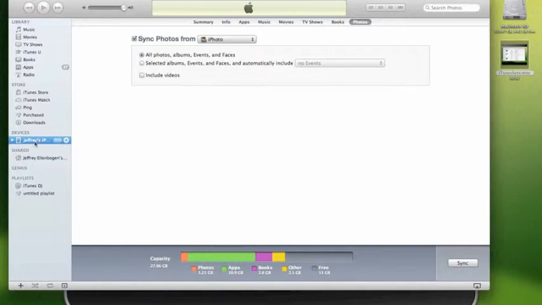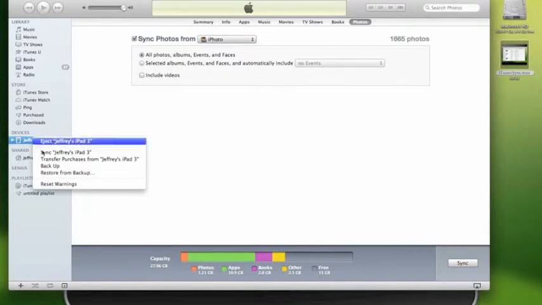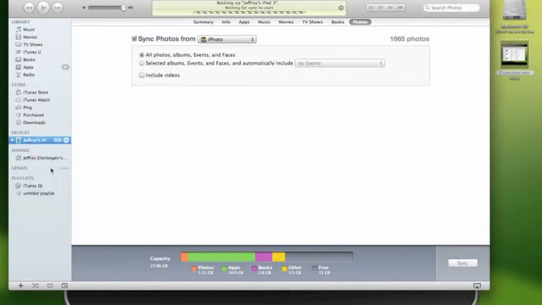If you want to force the iPad to back up, you can control-click on the name of your iPad and choose Backup. And that will tell your iPad to back up to your computer, which you can see is happening up here at the top. This is going to go ahead and happen, but while it is, I want to talk about how to back up really important files that you may be working on for a class before you've turned them in.